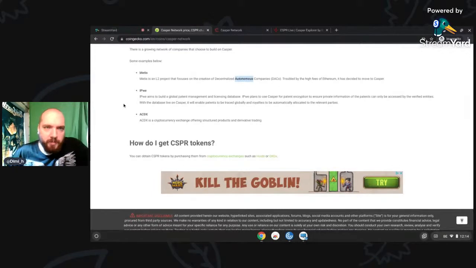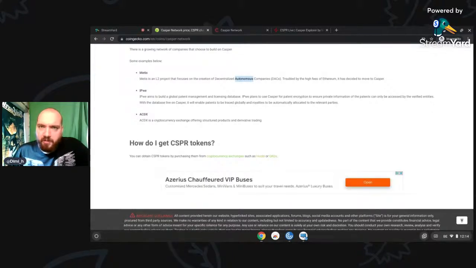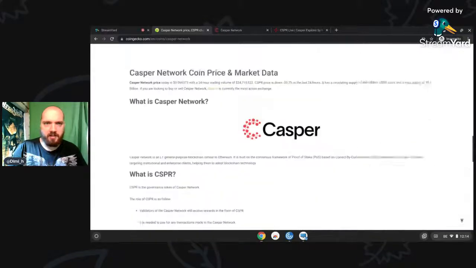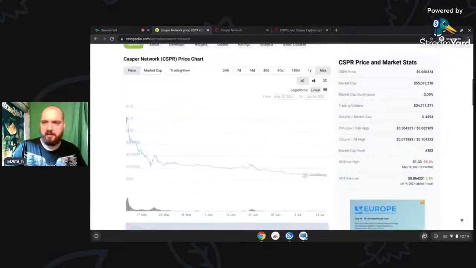IPwe, Global Patent Management and Licensing Database. I believe I heard about those guys once. It plans to use Casper for patent encryption to ensure private information on the patent can only be accessed by verified entities. The database lives on Casper to enable patents to be traced globally and royalties to be paid. They say DX, structured products and derivative trading. So that's a cryptocurrency exchange. So it's probably going to be partially decentralized. So yeah, that's the information I can get from